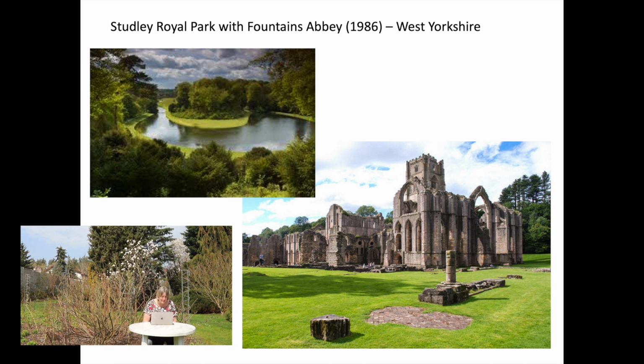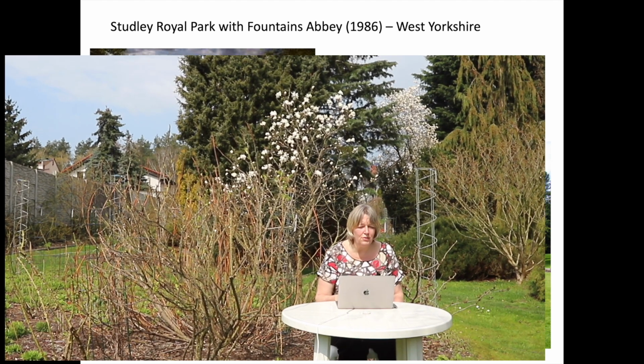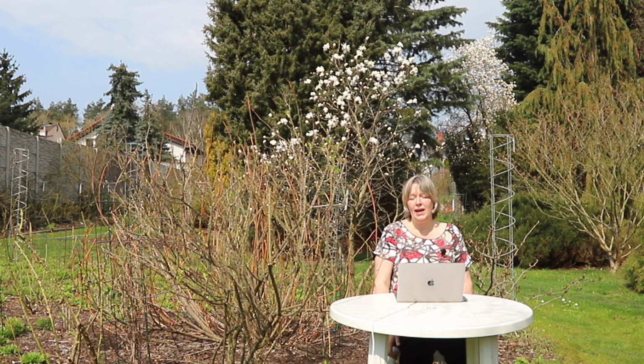As you can see here, the top photograph shows you the English garden. We'll talk about some more gardens in a little while. This was one of the realizations of one of the most famous English garden designers called Capability Brown. His real name was Lancelot, but everybody called him Capability because he saw capabilities everywhere. So that's what we have, the old ruined abbey and the beautiful 18th century English garden, so a kind of